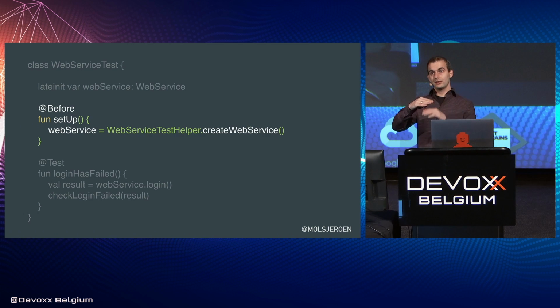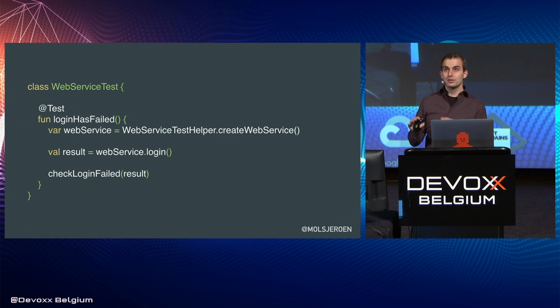If you have multiple tests in your class, and this login failed method is like on the second page, then you always have to scroll up and down to be able to see what's going on. So it's actually better not to use the setup method and to just put this code directly in your test. And doesn't that then lead to like